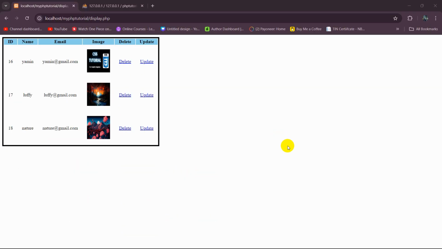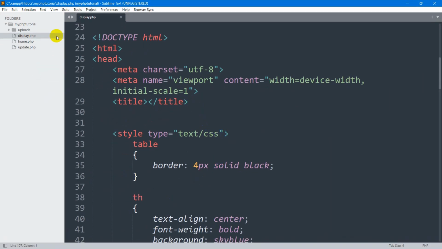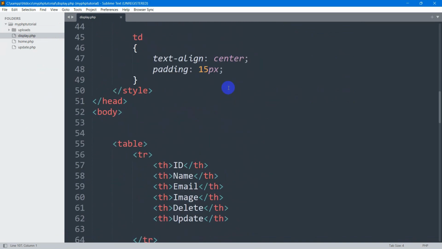Hello everyone, in this tutorial I'm going to show you how to make search in PHP. So here, first of all, we're going to have a search option at the top of this table. For it, let's go back to our code, and here you can see currently we are in the display.php,